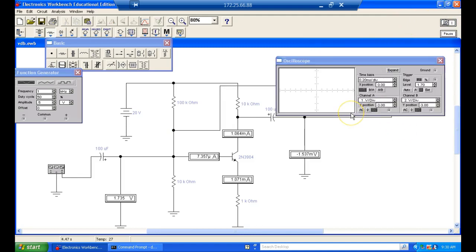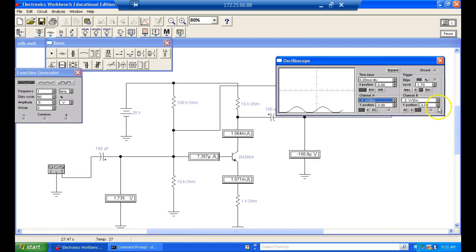So right now, my signals are riding on top of DC. So another option is that I can put my scope on AC coupling. When I put my scope on AC coupling, what does it do? Blocks DC. So we should be able to move this guy up now. Let's move our